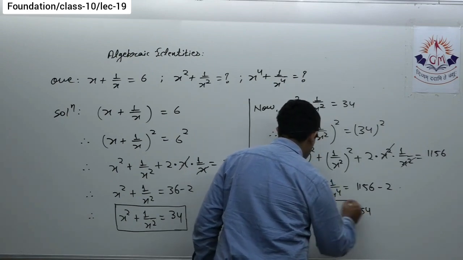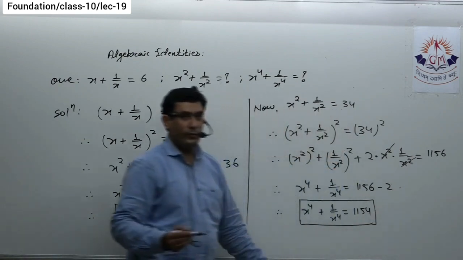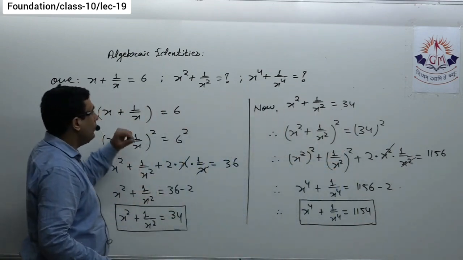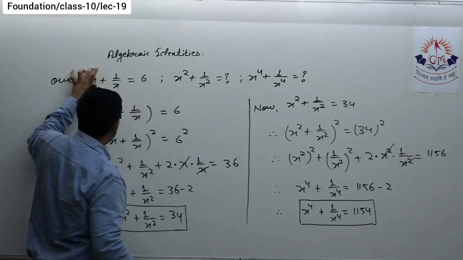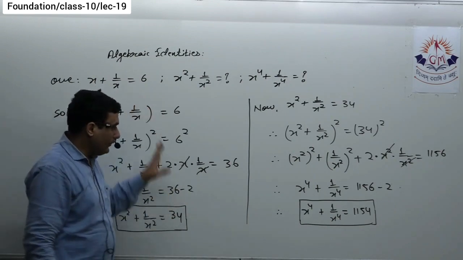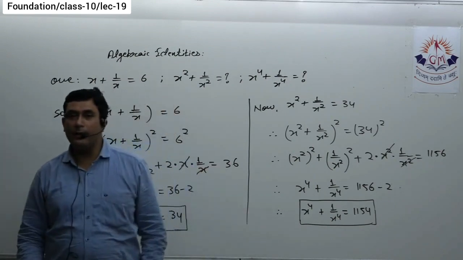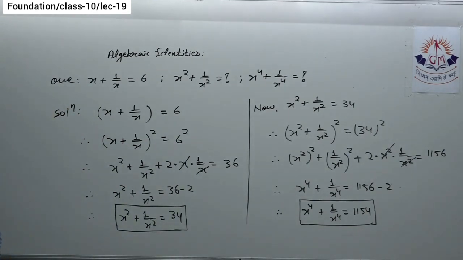Now see, in the previous two questions, when we had to find the value of x cube plus y cube, it was easy to identify the values of x and y, but here it is a little bit difficult to identify the value of x. Here we have to use this method only, there isn't any shortcut method for this. So note it down, then we'll see the next question.